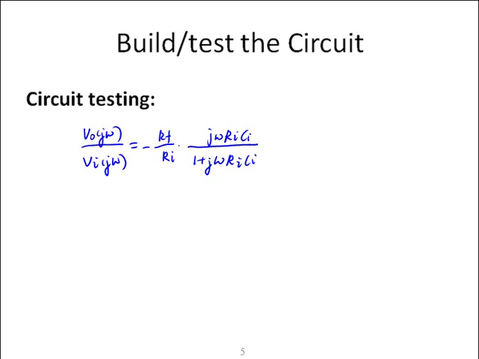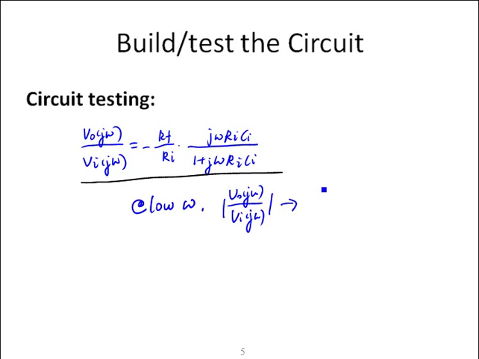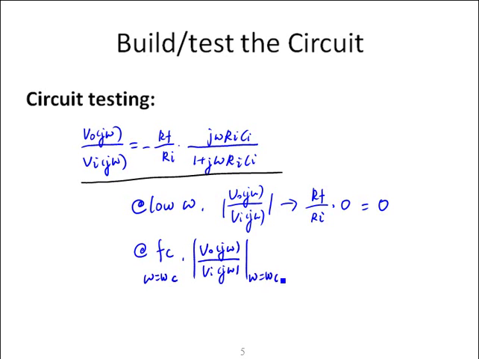When testing the circuit, the transfer function of this active high-pass filter is shown here. This is a function of frequency. At low frequency, it approaches 0, so the signal attenuates. At cutoff frequency, omega is equal to omega c. This becomes negative Rf over Ri